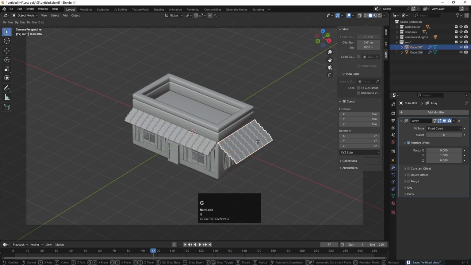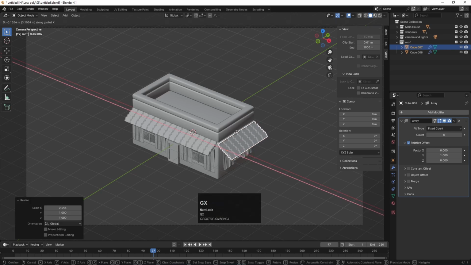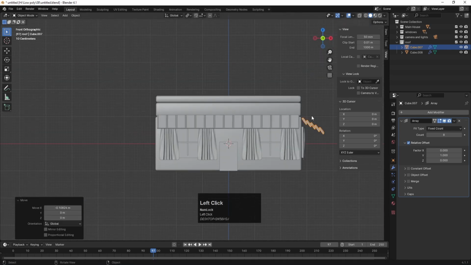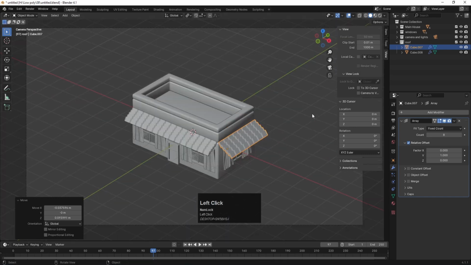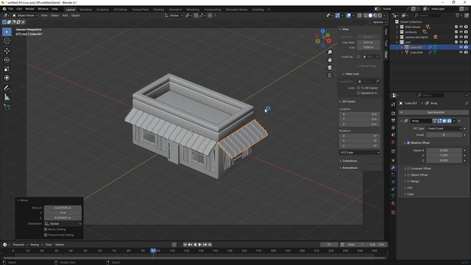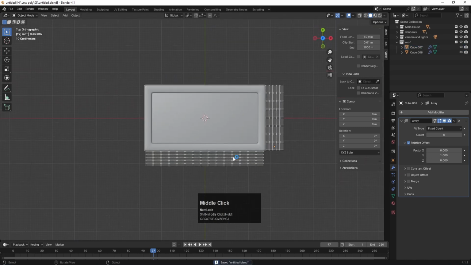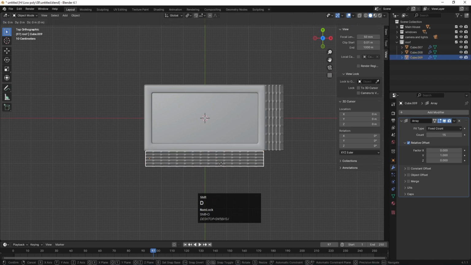Similarly for this, let's say S X, and try to adjust the scale. G X and try to move this over here and try to adjust it over here like this. Okay, let's set 0 like this. Now we need to create this one same on the opposite direction, so simply select this, Shift D and try to